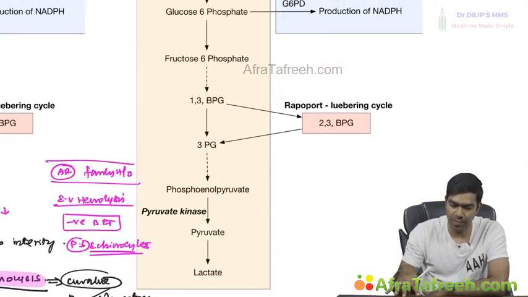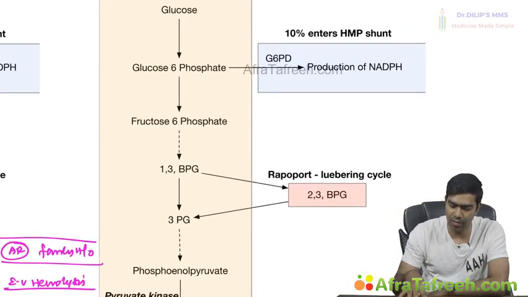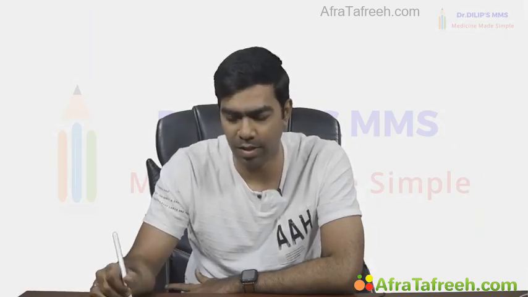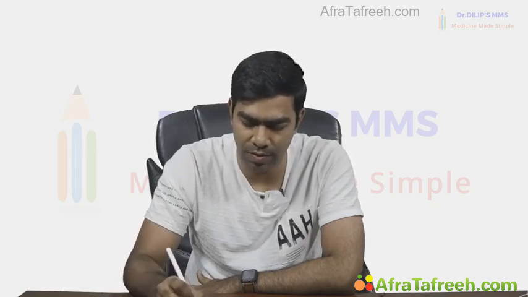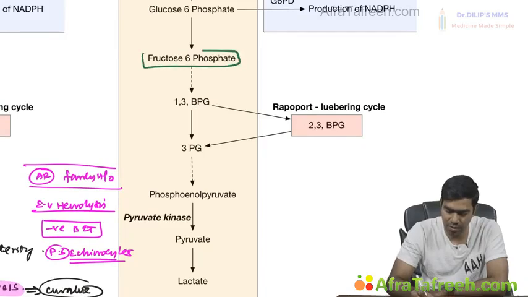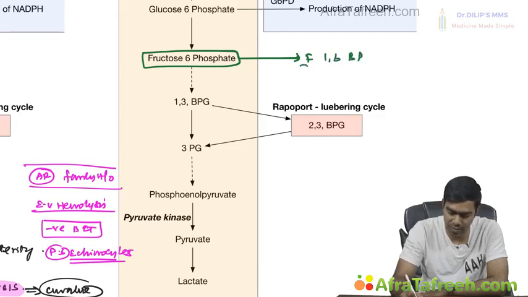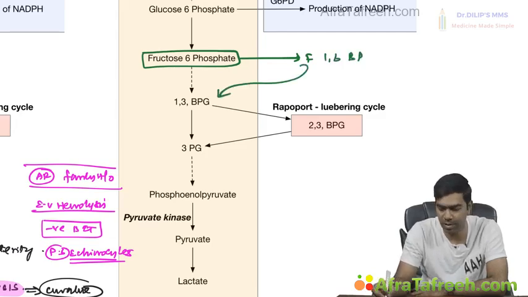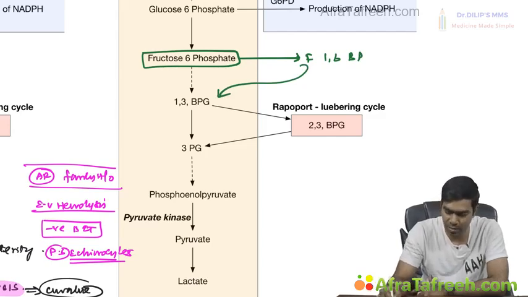Next one is the phosphofructokinase deficiency we are going to talk about. Where is phosphofructokinase? You see in the glycolysis, it is very important at this step. But I have not mentioned one important thing: fructose 6-phosphate will be converted to fructose 1,6-bisphosphate, which is going to form this 1,3-BPG and all. That is not mentioned in this diagram. That's why I put it as a dotted line here. So for this step you need